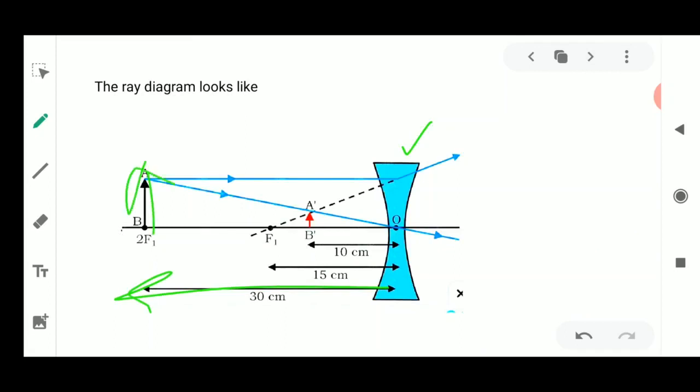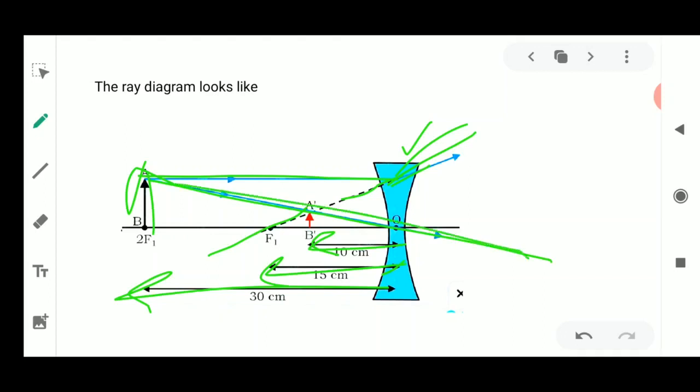Now what about the focal length? The f was minus 15, and the image was formed at 10 centimeters. You need not draw the image also, you will still get the same result. So you will draw a ray parallel to the principal axis. It is going to diverge, and when extended back it falls from the focus, so it appears to be refracted from the focus. Similarly, a ray of light passing through the center of curvature passes straight, and where these two lines cut, this gives you the image distance.